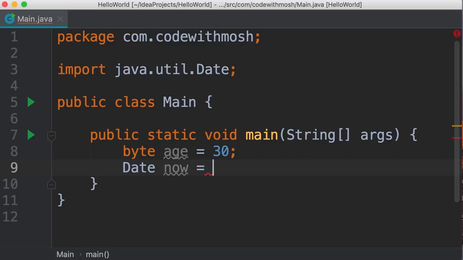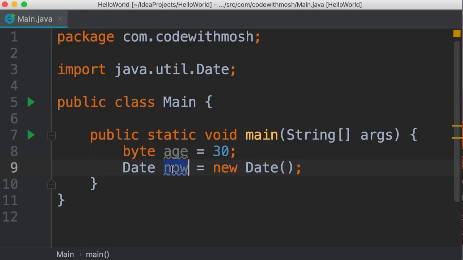Now we set this. Here we need to use the new operator to allocate memory for this variable. And this is one of the differences between the primitive and reference types. When declaring primitive types, we don't need to allocate memory. Memory is allocated and released by the Java runtime environment. But when dealing with reference types, we should always allocate memory. Now we don't have to release this memory. Java runtime environment will automatically take care of that. So we use the new operator and then repeat the name of our class, in this case Date, and then we add parentheses, followed by a semicolon.